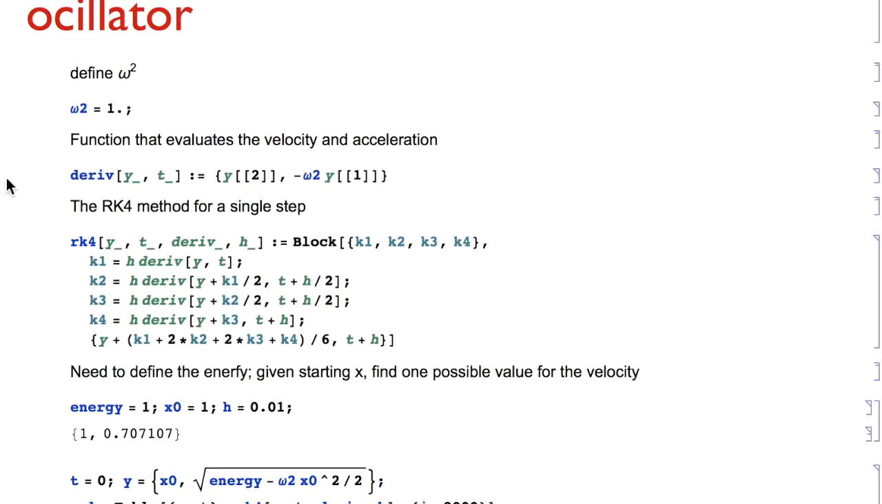Smarter tricks to do it, but let's first see what we do. We first define the variable omega squared, which we call omega2, which we set equal to 1. Then we define a function which takes arguments y and t. The underscore is really a pattern, which means an argument, which returns a list where the first element is